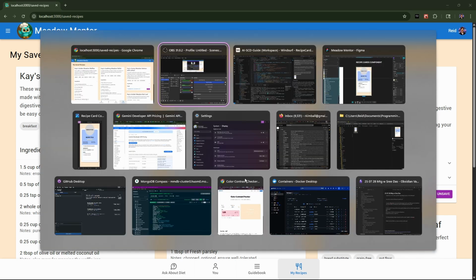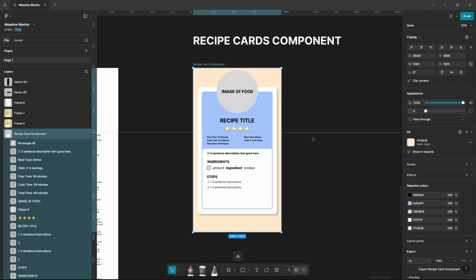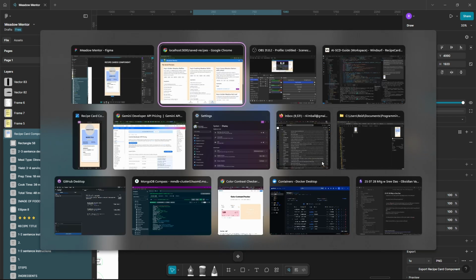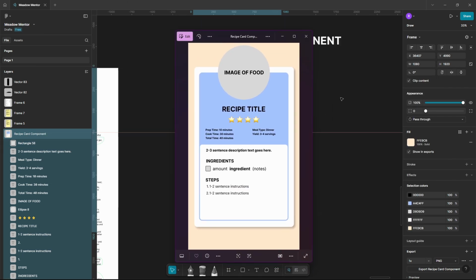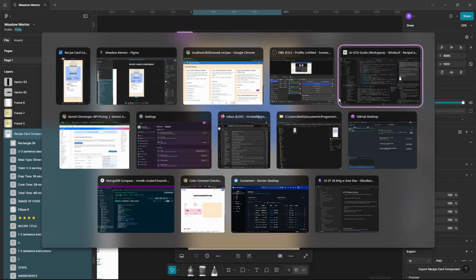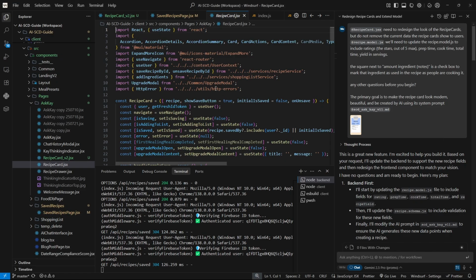So what I did is I opened up Figma and I created a design, and I did some research online looking at other recipe websites and how they did their cards. So I took some inspiration, and this is what I came up with, and I exported it as an image, and then I used Windsurf. In Windsurf, I opened up all of the relevant files, and I dragged them into the prompt, the